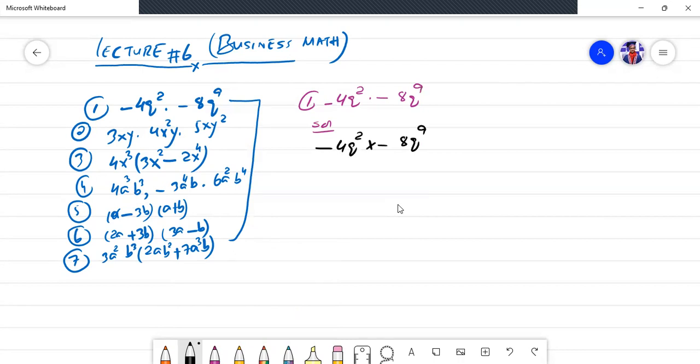Let's observe the equation first. What is the basic technique to solve this problem? As we have already discussed, in this type of expression we have to first arrange the numbers, then we will try to arrange the letters. This is the basic technique. So let's first arrange the numbers. What are the numbers? It is number 4, times number 8. Minus 4 times minus 8, then times. Now you have to arrange the letters.